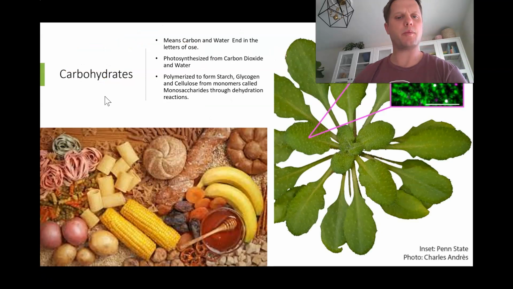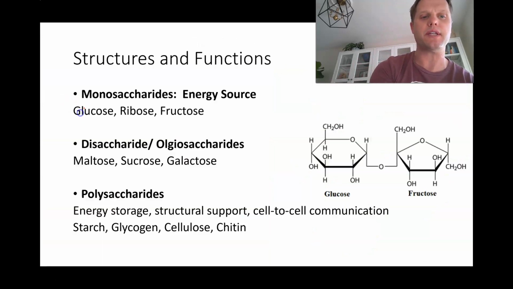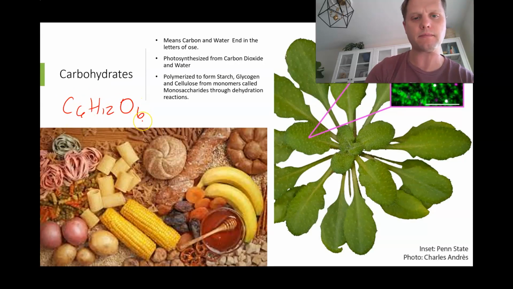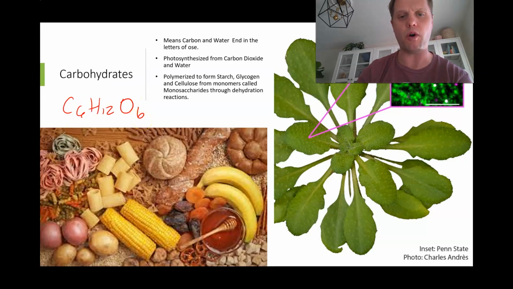So where do these carbohydrates come from? Where does starch come from? Where does cellulose come from? Well, it comes from glucose, C6H12O6. Let me back up there again. C6H12O6. And where does this come from? Well, this comes from